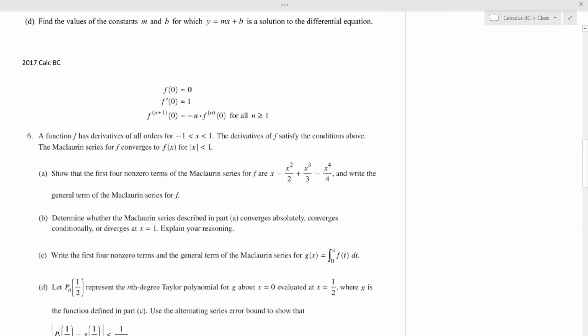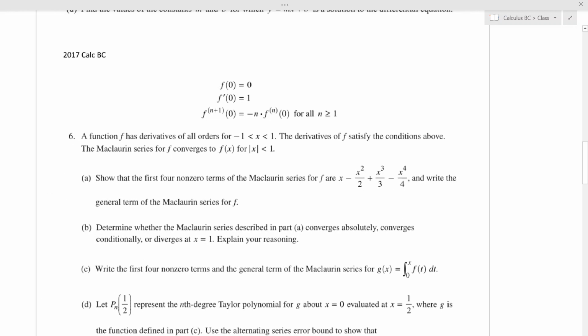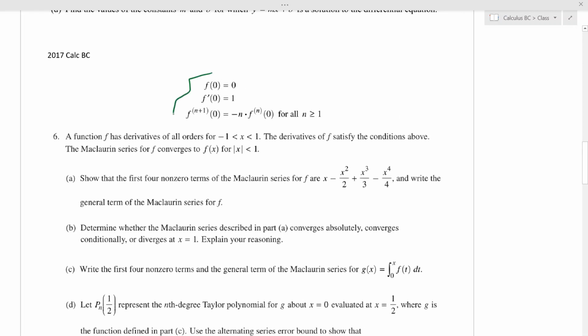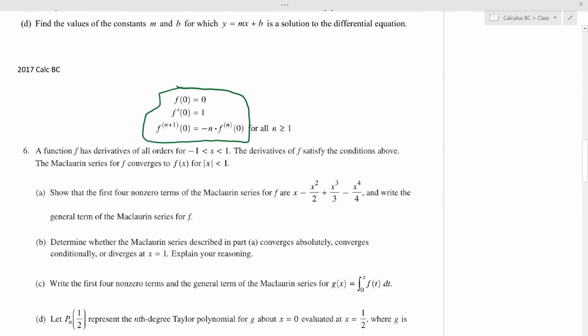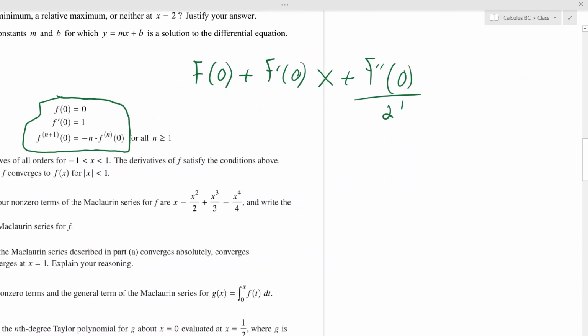So 2017, number 6, series question, and they're giving you this recursive definition of how we're going to find these derivatives, okay? So when they say show the first 4 non-zero terms are this, and then write the general term. So the first 4 terms for any series are going to be f of 0 plus f prime of 0 x. Technically x minus 0 to the first, right? But that's just x. Plus f double prime of 0 over 2 factorial technically, right? x squared. And then